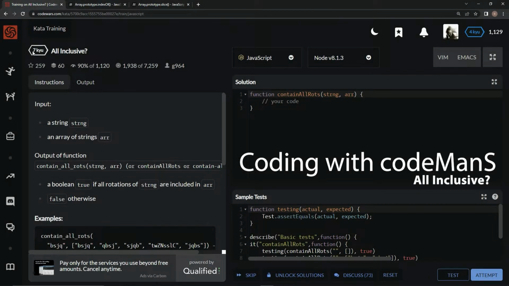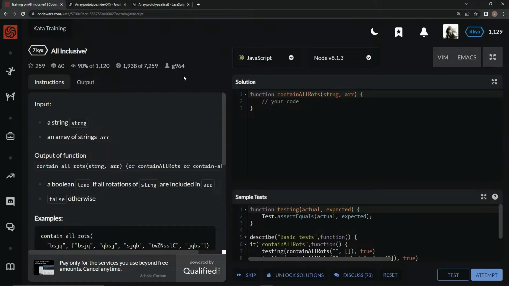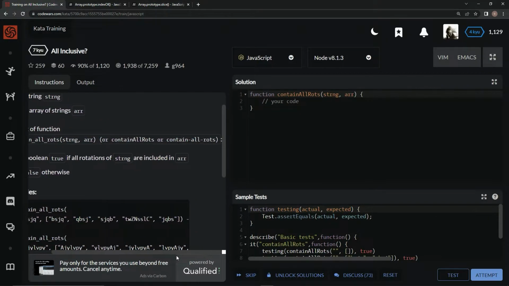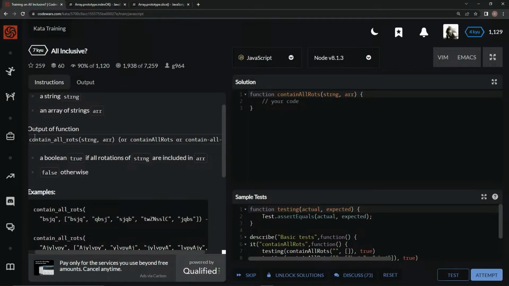All right, now we're doing 7Q all-inclusive. This is by G964, and 90% of the people like it. We're going to get a string, which is going to be this strng, and an array of strings, which is going to be the R. What we're going to do is find all rotations. We're going to return the Boolean true if all rotations of the string are included in R